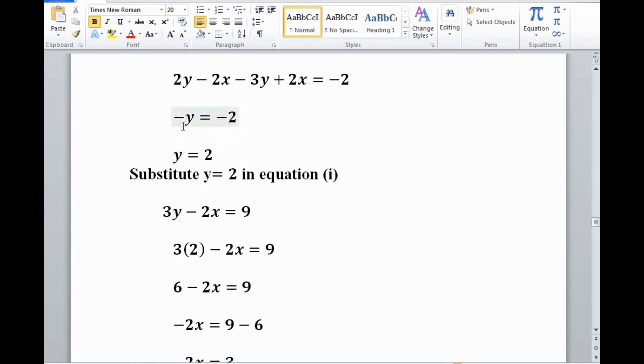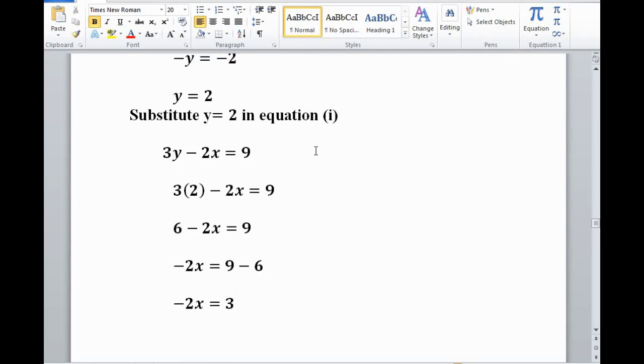Now to eliminate the negative sign from the left side y, let's multiply negative 1 on both sides. Then we get positive y on the left side. If you multiply negative 1 by negative 2, then minus multiplied by minus is plus, and 2 times 1 equals 2. So we get y equals positive 2, which is the value of y. Now to find the value of x, let's substitute this value of y equals 2 in equation 1 or in equation 2. So if we substitute y equals 2 in equation number 1,